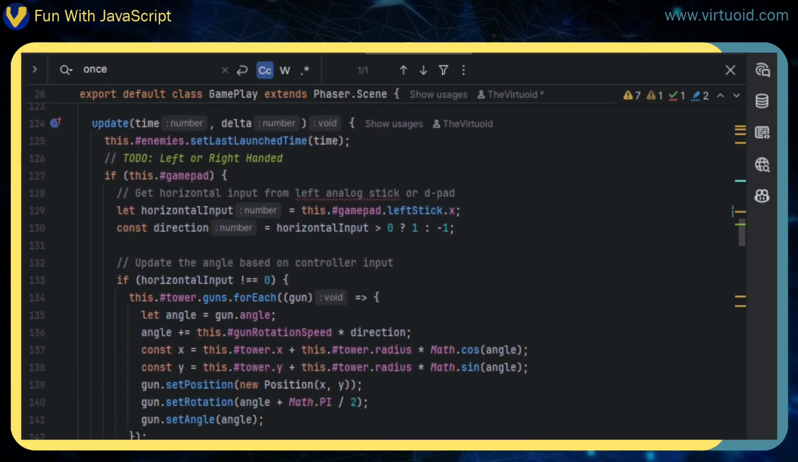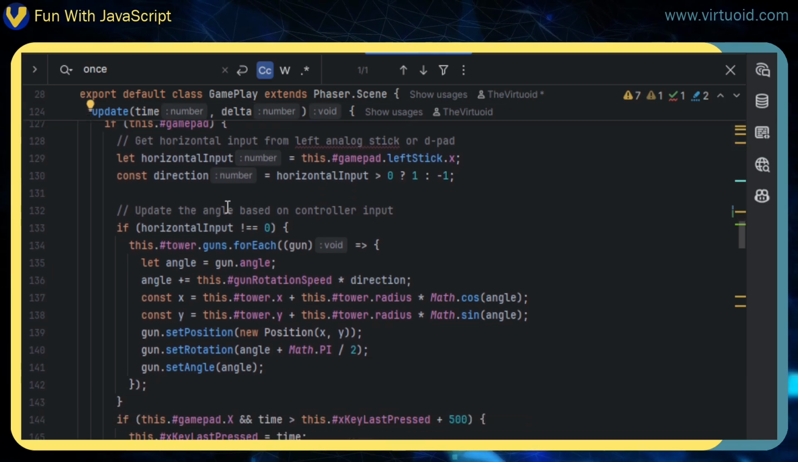Then we get the update, and the update is the routine that runs every certain number of milliseconds, and we have to tell PhaserJS what we need to do every couple of milliseconds. We set the last launch time. We figure out if there is a gamepad. I've got a little to do here, left, right-handed. That will be figured out once we have an input routine here, but I basically figured out what to do